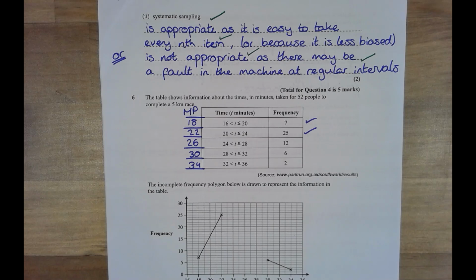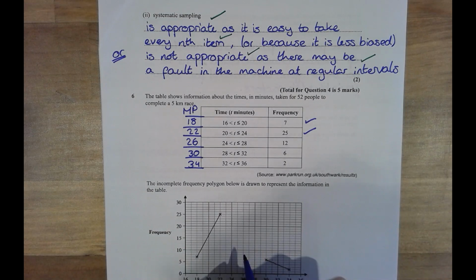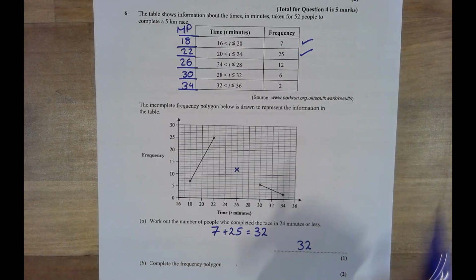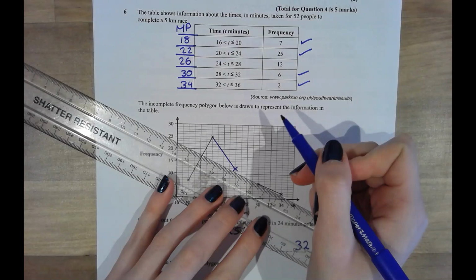Our third one is the one that we then need to plot. So we're looking at 26 on our x-axis and 12 on our y. Finding that point, we will place it there. The next has also been plotted for us, so we then just have to complete this, filling it in using a ruler. When drawing this, we should always be using a ruler and pencil. I'm using a pen just so it shows up, joining the points with nice straight lines clearly drawn on.